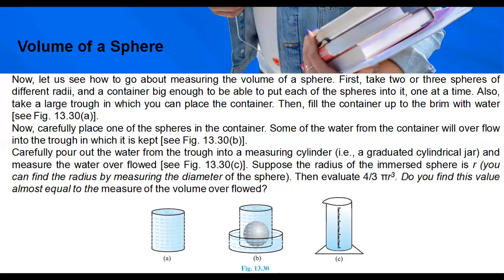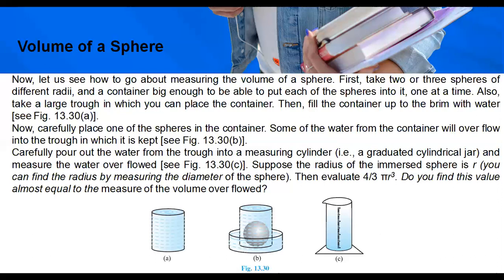In the first step, we need to fill the cylindrical container up to the brim with water as shown in the figure 13.30a. In the second step, we need to place the spherical ball of known radius in the cylindrical container. Some of the water in the container will overflow into the other container in which it is kept, as shown in the figure